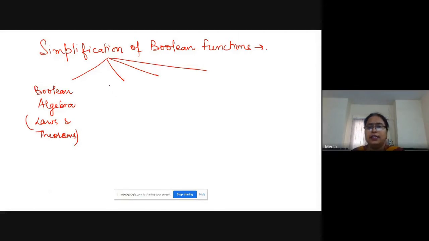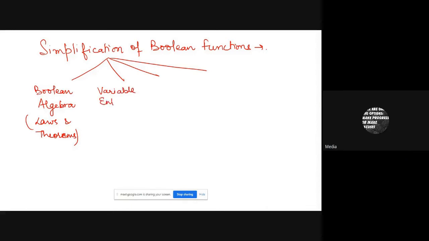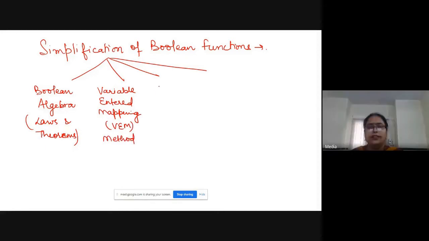And the second method is called the variable entered mapping, VEM method. The third method is called Karnaugh map, or in short, K-map method.